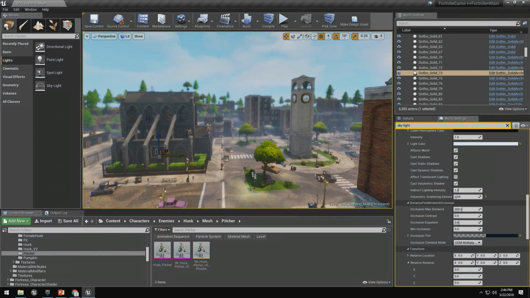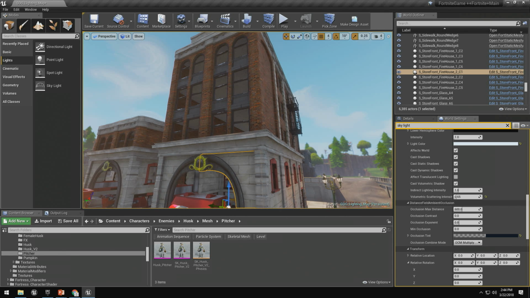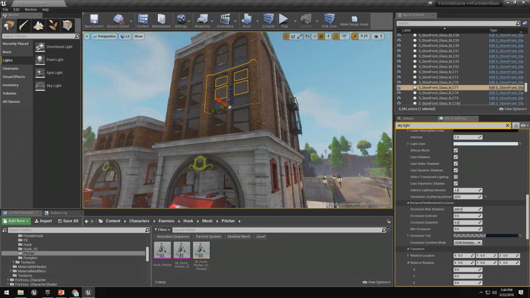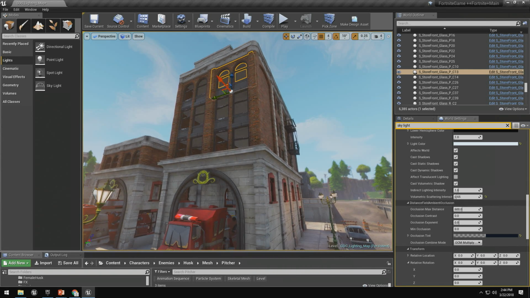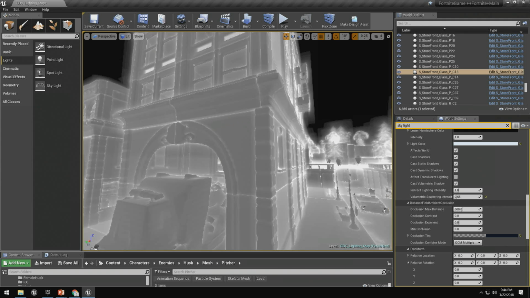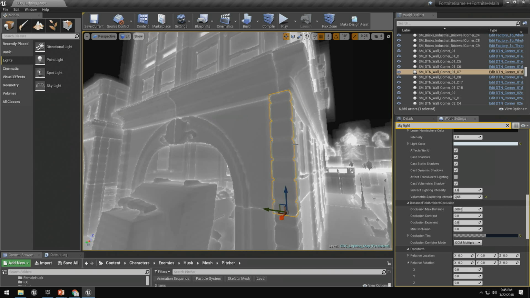Also, distance fields work best with smaller meshes. So if I go back over to our little firehouse and just start clicking on parts of it, you'll notice it's not one great big monolithic mesh. It's actually made up of a lot of modular parts. Now that works really well for Fortnite, where you're breaking down walls and things, but it also works really well for distance fields in general. As I turn them on, the distance fields have a lot of individual detail because of this. If this was one great big monolithic mesh for the fire station, you'd end up with just one great big fat distance field. It would be very hard to get the detail that you need. And then finally, adjust that resolution scale that we showed earlier with care, because if you go crazy with that, you can eat up a lot of your system memory. So don't go nuts with it.